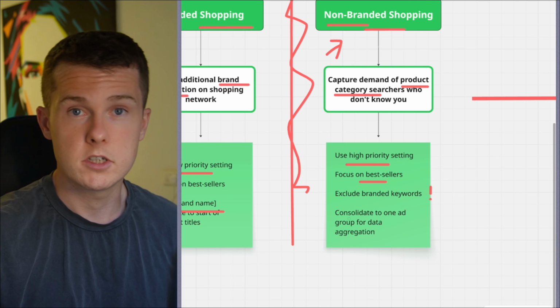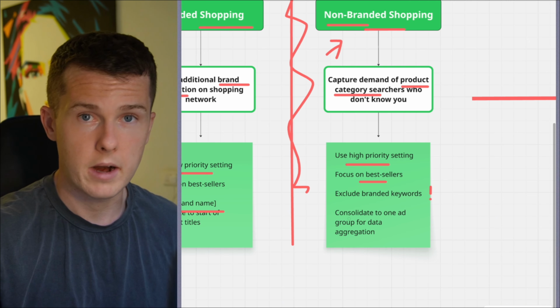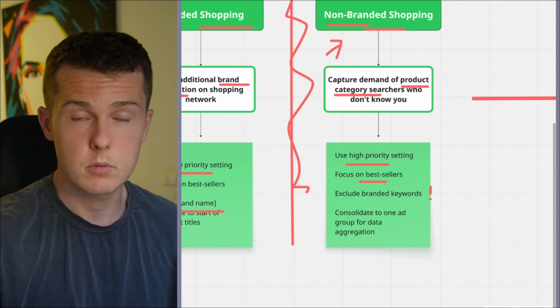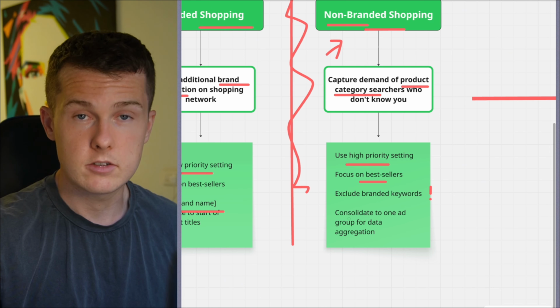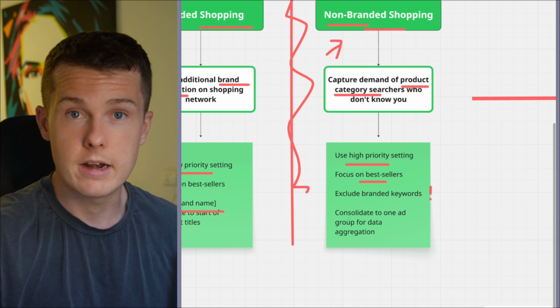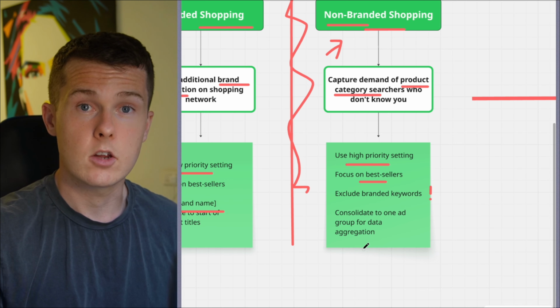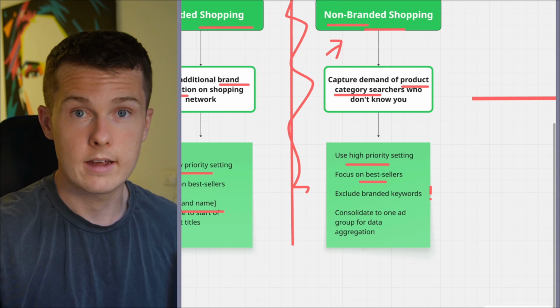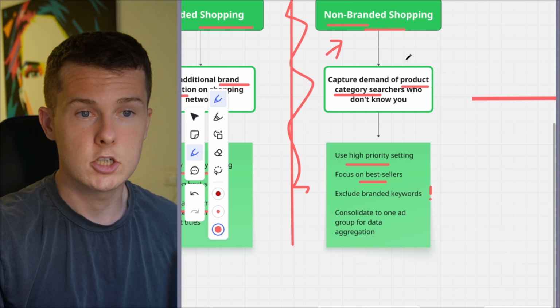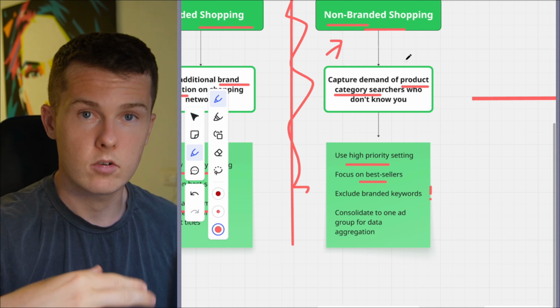So we still have manual approaches on those branded campaigns, but for the most part, we're going to try and move these non-branded campaigns into an automated bid strategy where Google is dictating our competitiveness at the auction. Now, in order for Google to be more successful when it does that, we need to feed Google consolidated data so it learns quickly. So instead of segmenting all these non-branded shopping campaigns into individual campaigns or splitting them out,